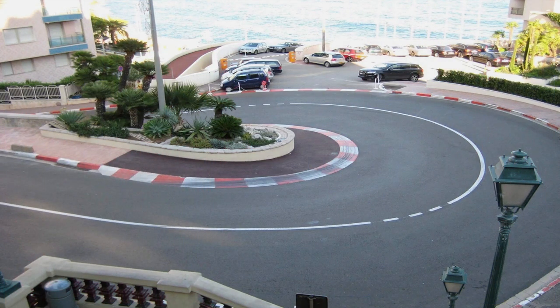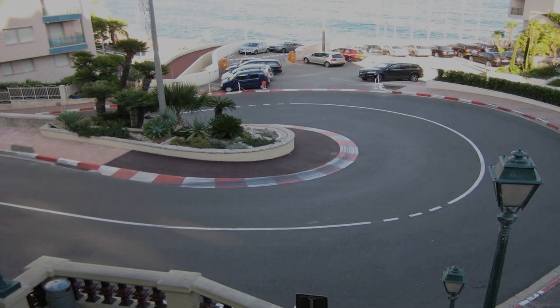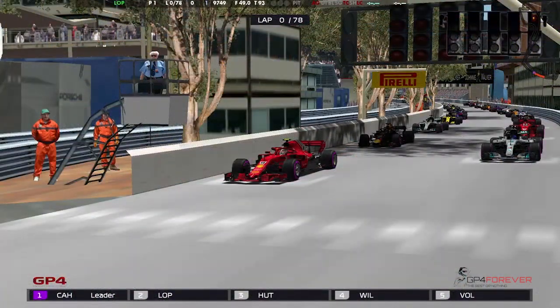So there we are, that is the grid for the Monaco Grand Prix, and weather-wise it will be a dry race, although we will have a 22% chance of rain, but I think the race is going to finish before the rain comes, so if it didn't, that would be a fascinating end to the race. But anyway, we are now on the grid, Amar Carr once again at the front row of the grid as the 5 lights are about to come on for the Monaco Grand Prix, of course, using the old pit exit. And well, the rest of the circuit still remains the same. But anyway, the 5 lights are on,